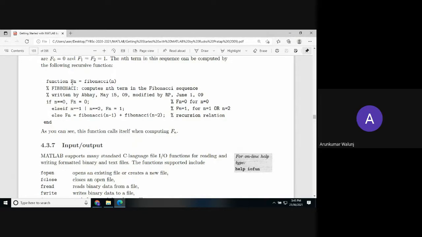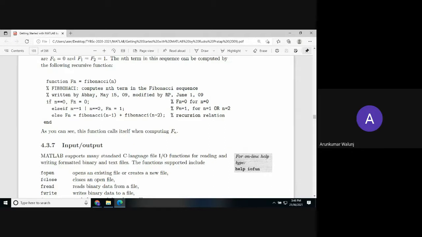So you can create the function. Function fn, equal to Fibonacci of n; this is the protocol and prototype of a function definition. On the right side you can use capital, but on the left side you cannot use the same. Here n will be the number of terms, so it computes the nth term of the Fibonacci sequence. This is the title, written by somebody, say Arun Kumar, or Shehnaz, or Abraham, or Ahlam, and so on, and the date modified. This is optional and not necessary.